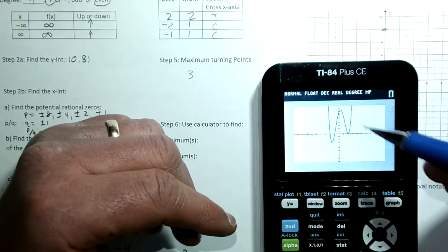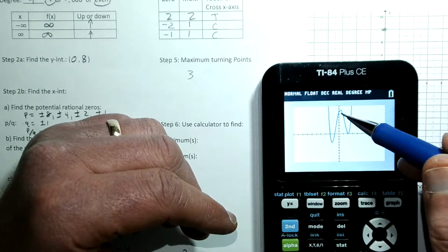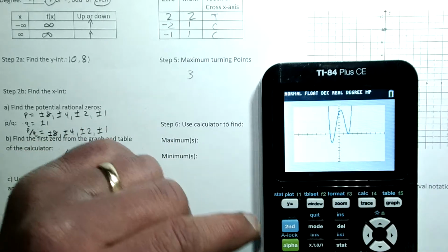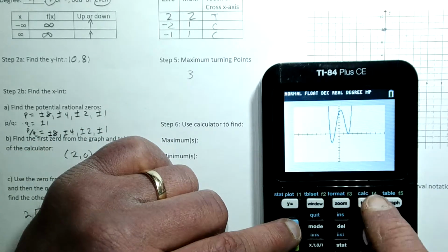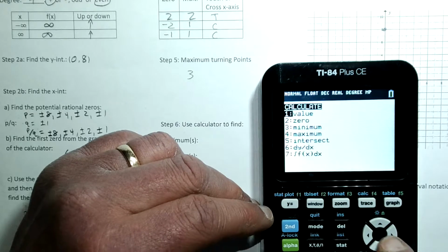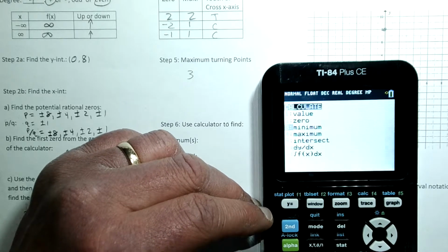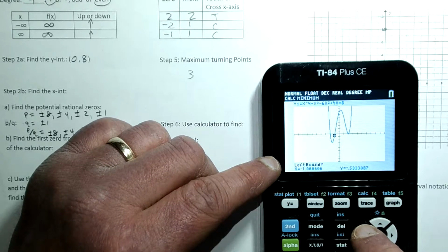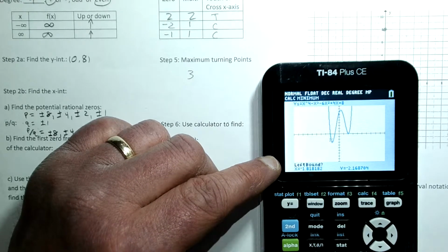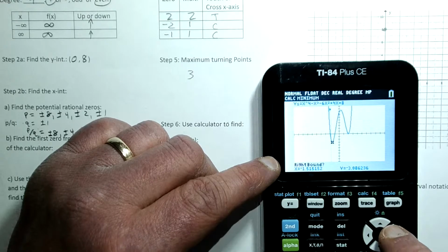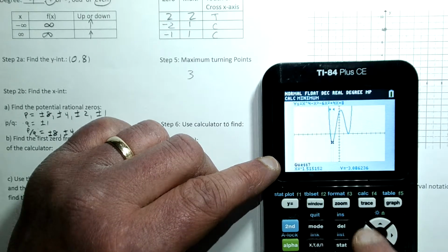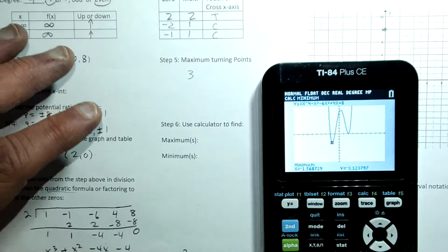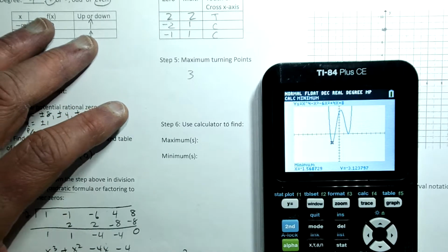Well, we got a minimum here, we got a maximum here, and we have another minimum. So let's use second calculate, and we'll go to minimum. We have to move it so that we are to the left side of that, enter, and to the right, enter, and back into that zone. And the minimum point on this graph is